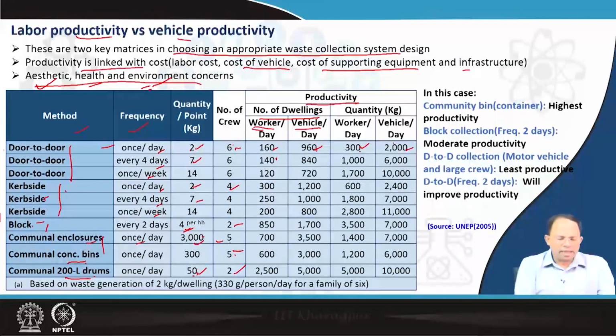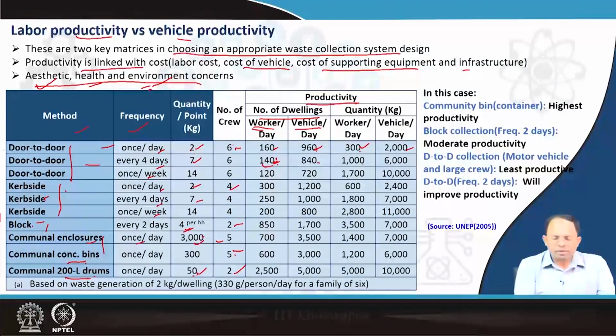Now, if I go for another kind of collection, you can see in door-to-door collection, if it is every 4 days, the productivity per worker is actually becoming less. Why? Because the worker is not utilized, because the vehicle is getting filled and it has to do a lot of journeys. So the worker is not utilized, and whereas the vehicle, the number of